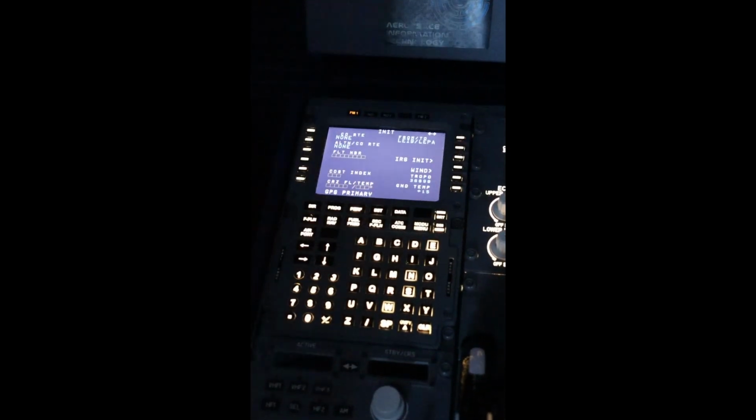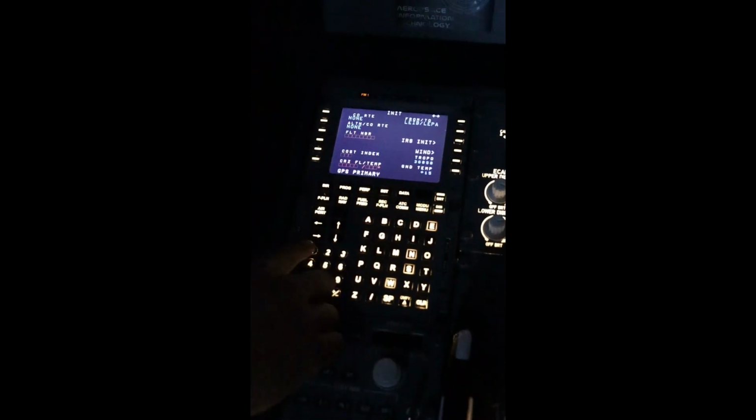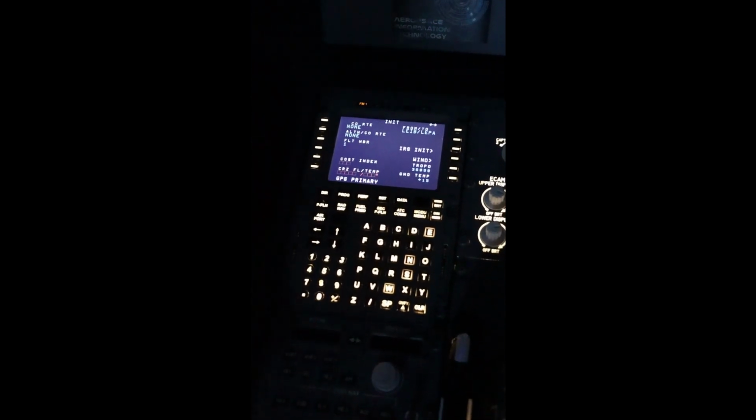On the Init A page, we enter our departure airport, LEIB, and arrival airport, LEPA. The route is automatically loaded into the FMGC's memory. Once the route is defined, we go to the Init B page to input our cruise altitude, 24,000 feet,